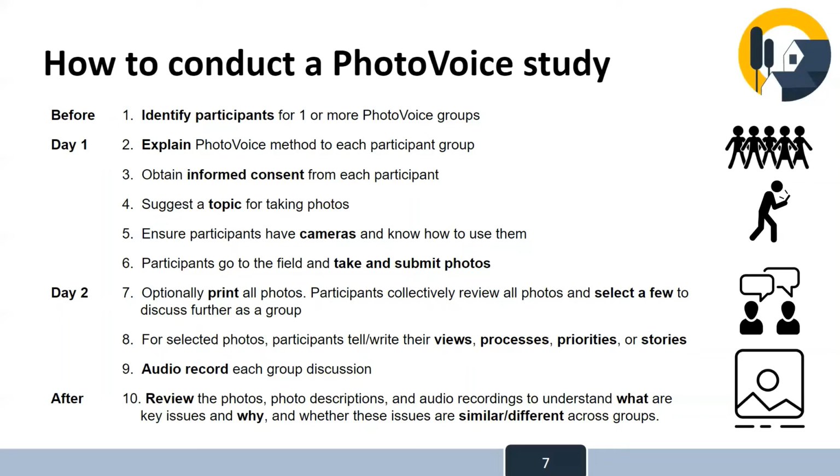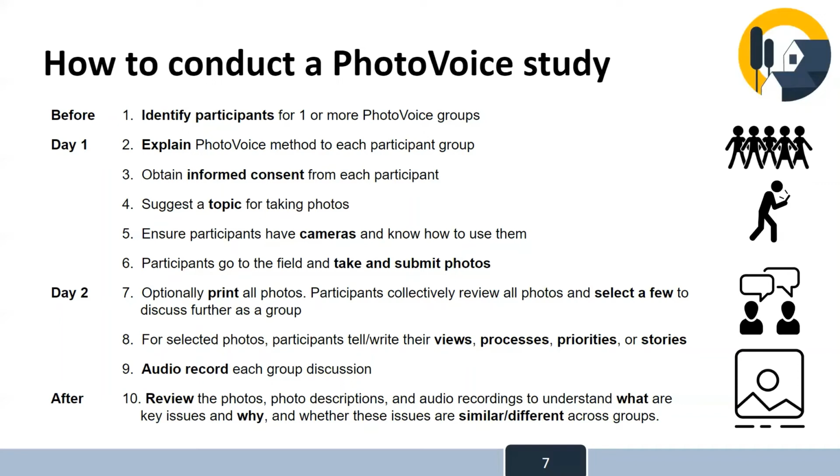So they can do that in one day, or maybe give them a whole week to do that. But they should share the photographs with you, the facilitator or the trainer here. Now, before the second time that you meet with them, you're going to be printing all of the photos. If you can't print all the photos, be prepared to collect them and project all of them, because you want